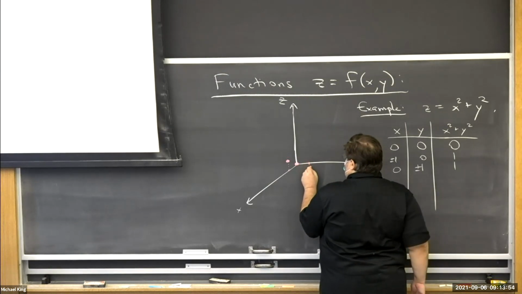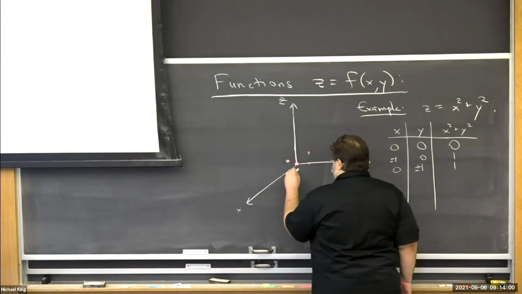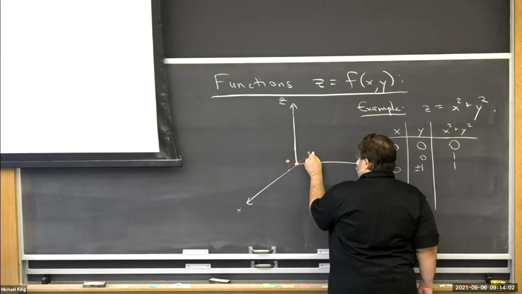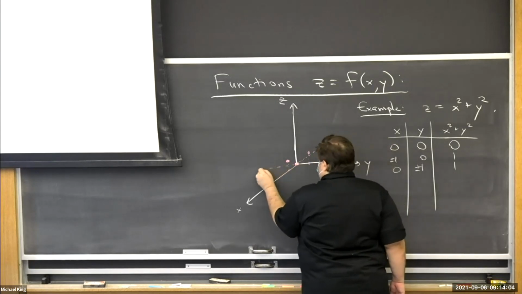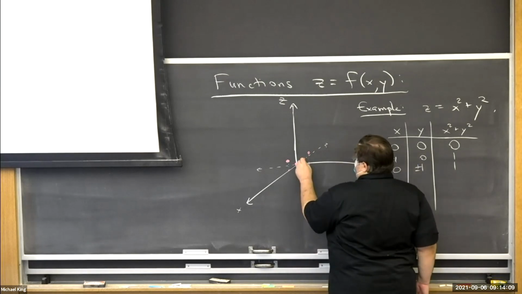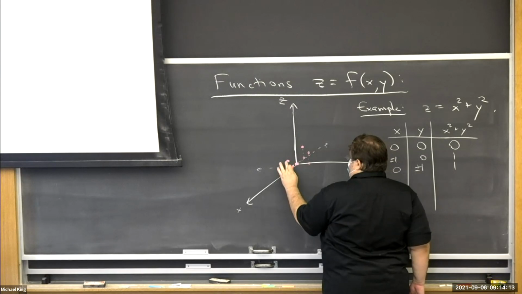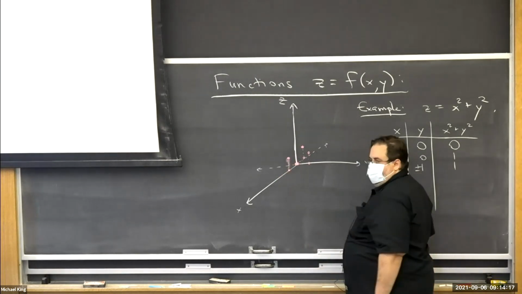Like if I go over 1 unit, then I have to go up a unit that way. I saw some of you guys on Friday trying to draw the negative axis back here and the negative axis here. And so I guess I'm also claiming if I plug in this point, then it goes up 1 unit. Who knows if I'm even being consistent about what 1 unit is. It'd be nice if we had 3D graph paper,